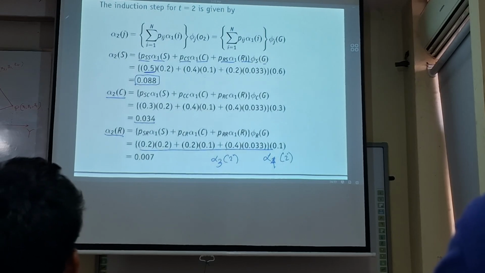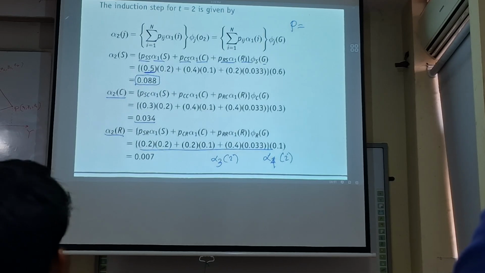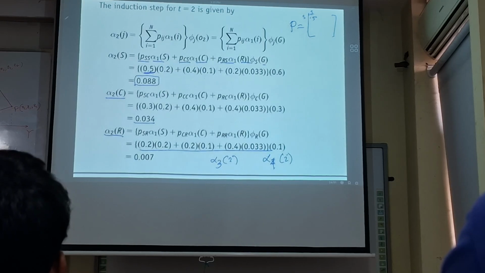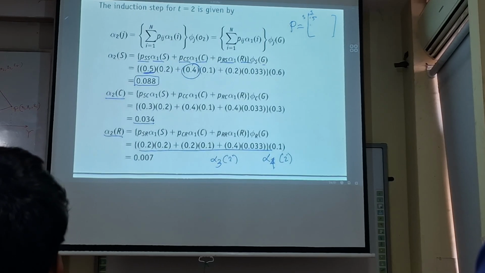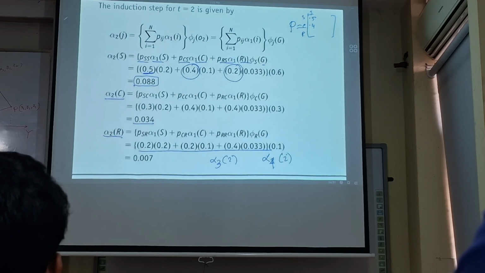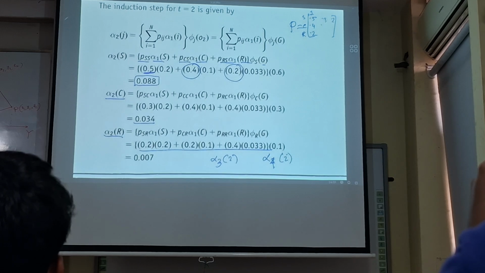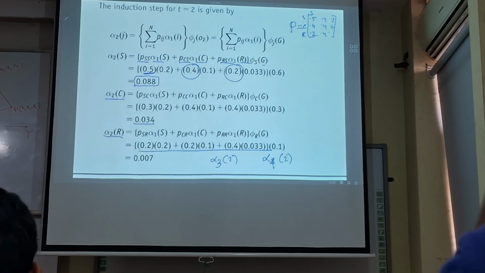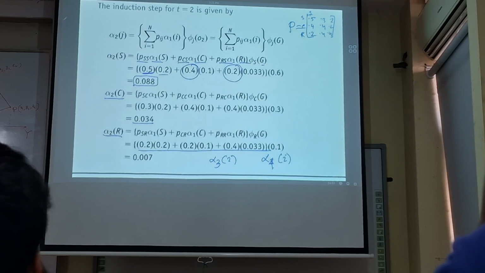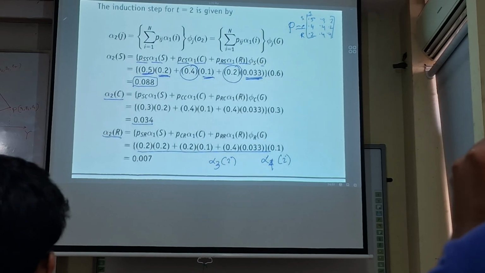What is this? The probability, if we write here P, S to S, right? 0.5. What is 0.4? C to S. What is 0.2? This is the transition probability matrix. And actually, what is this one? These entries are